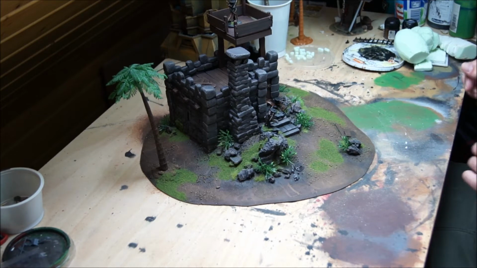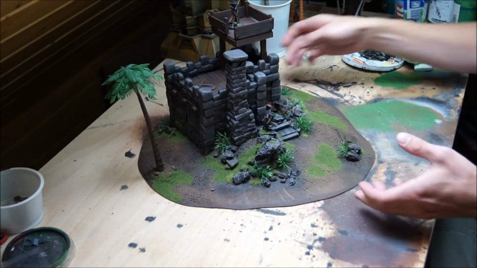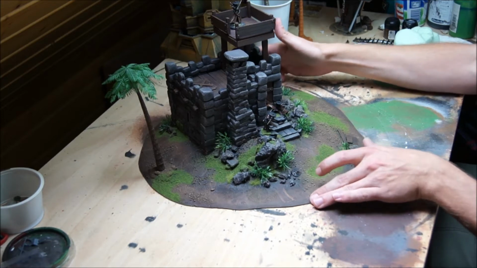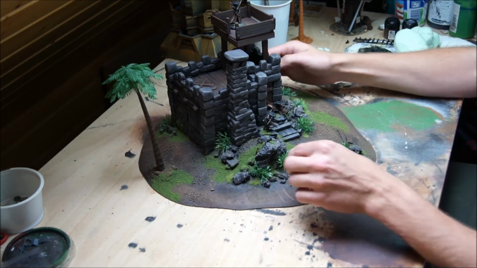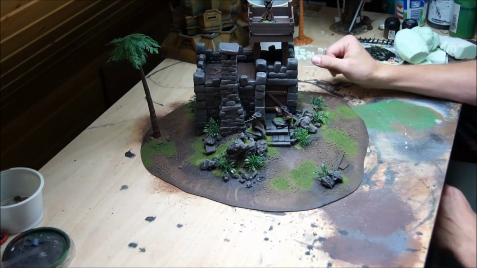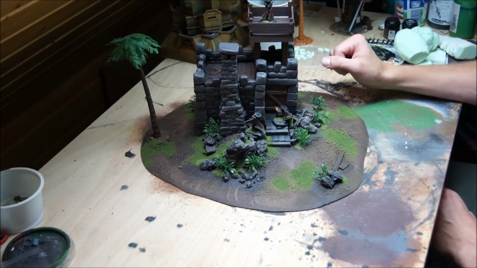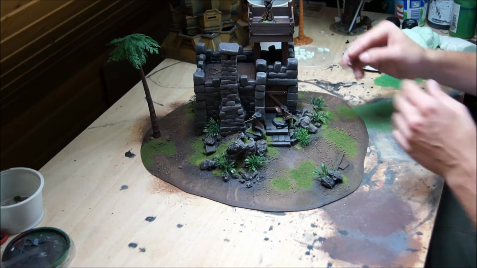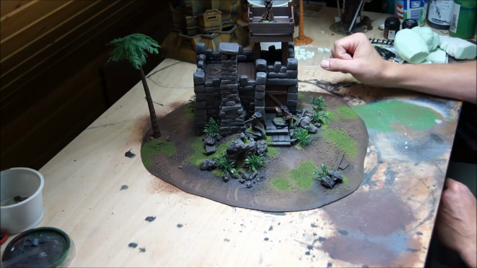This is a jungle terrain piece in Caribbean style for a Caribbean style pirate game. Perhaps you know Freebooter's Fate, but it's also generic enough to play other fantasy or steampunk games. When it comes to science fiction, it's a little bit complicated with a stone building, but